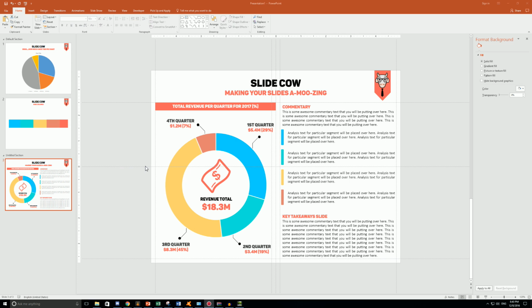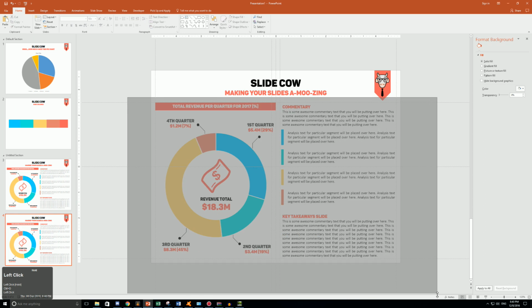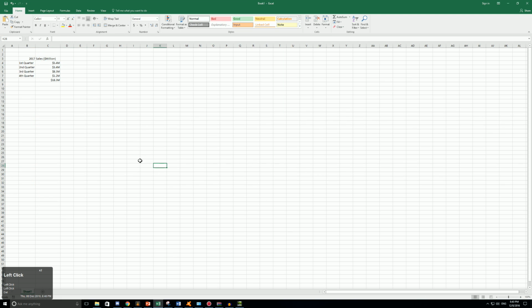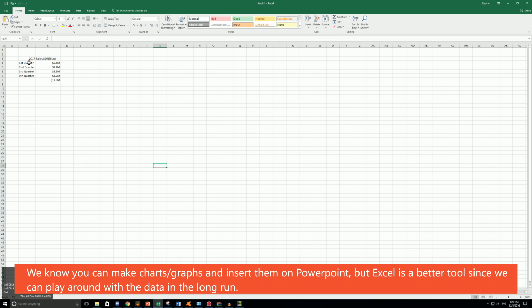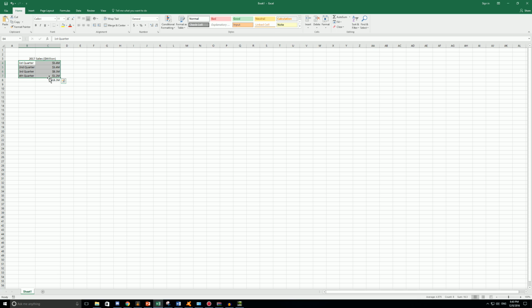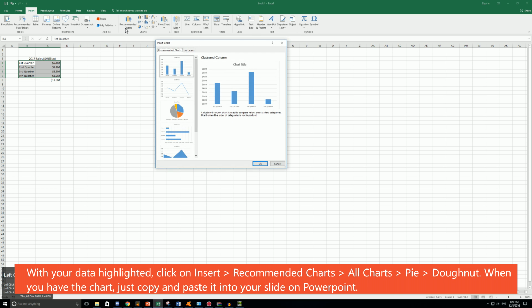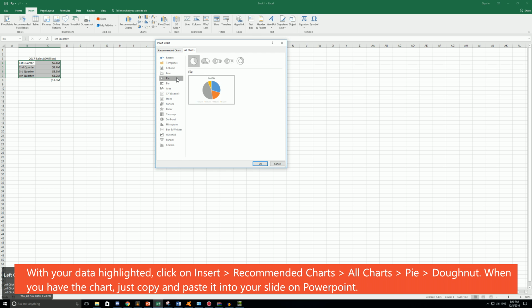So the first thing we're going to do is duplicate the slide and delete all of the content because we are starting from scratch. Now go into Excel and make sure you have all your data ready to go. Highlight the data that you want to turn into a pie chart. Make sure that you don't have the total, because remember we're focusing on the parts of the whole rather than the whole itself. Then click on Insert, Recommended Charts, All Charts, Pie,